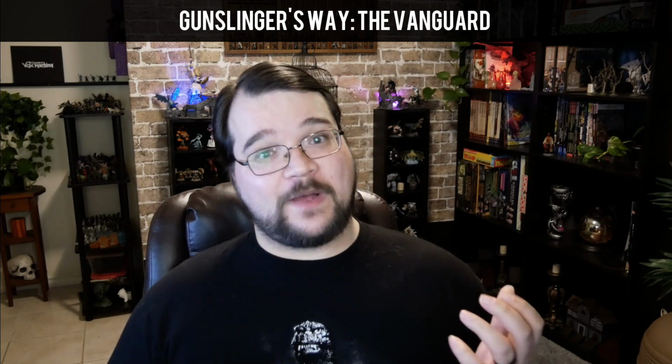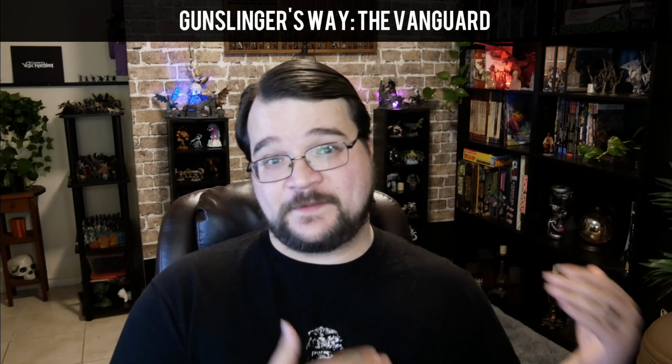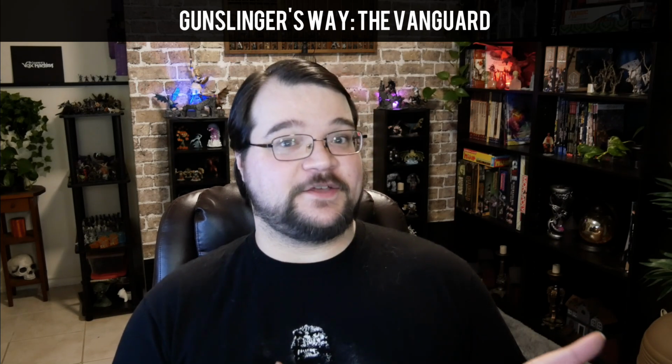Finally, the Vanguard. It's the sort of big, heavy gunner subclass. They begin trained in athletics for knocking people around, and their initial deed allows them to draw their weapon and raise it in front of them in a sort of defensive position, almost like a shield. This grants them a +1 to AC or a +2 to their AC if the weapon already has the parry trait. Their reload allows them to make a shove attempt as part of the reload,